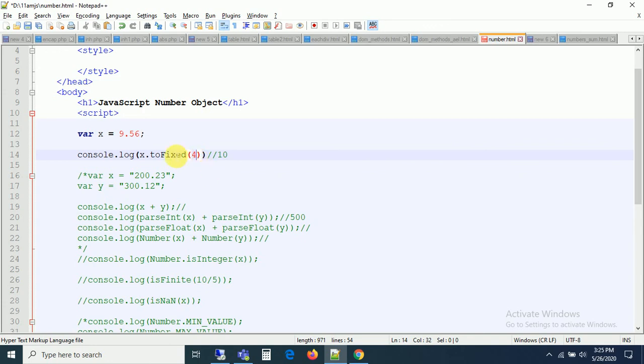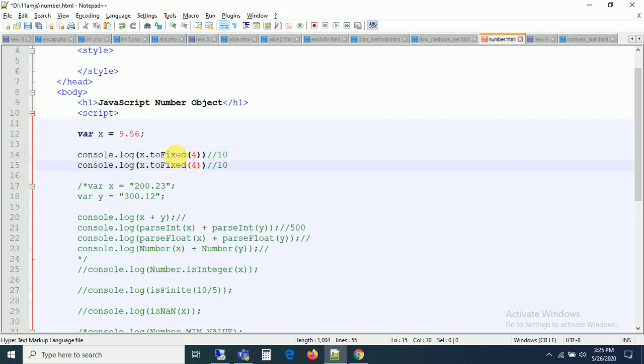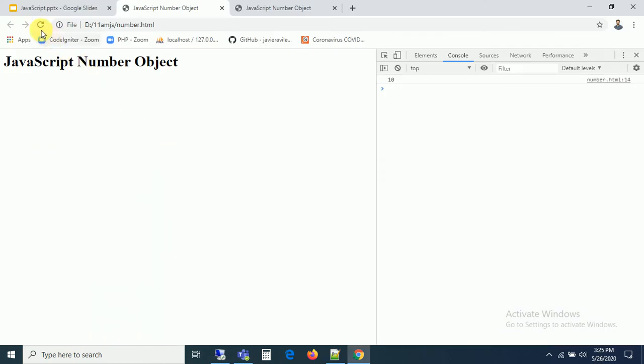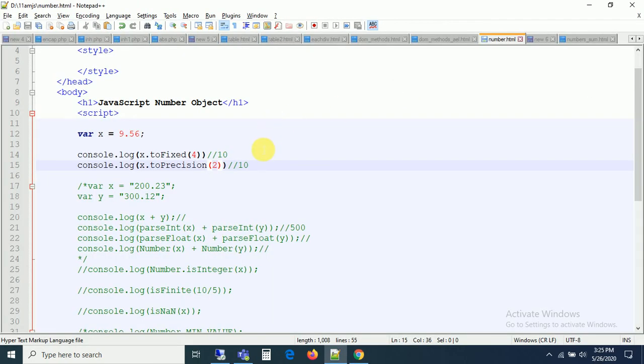For example, if it is toPrecision, I just want to take 2. If we take 2, now can you see precision and fixed, this is exactly the fixed value, we are getting 2 only.